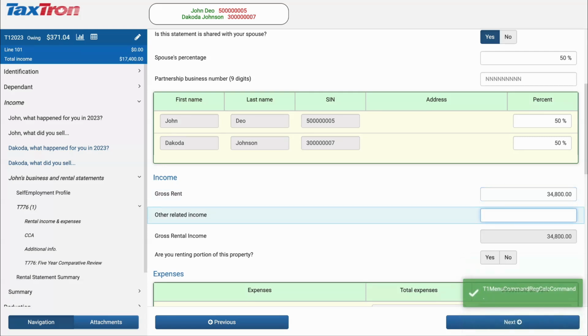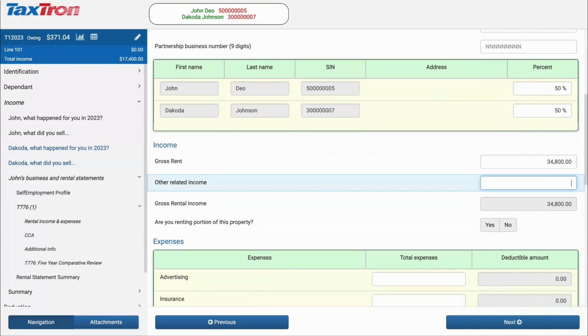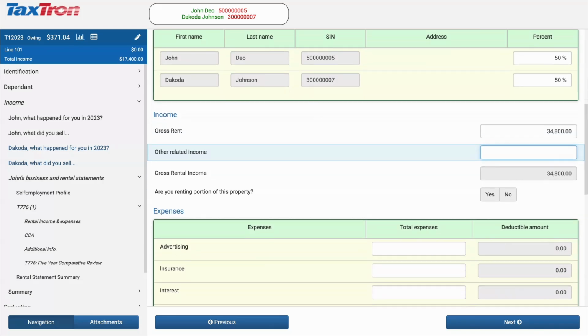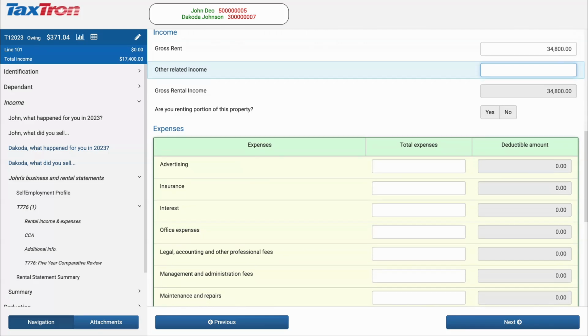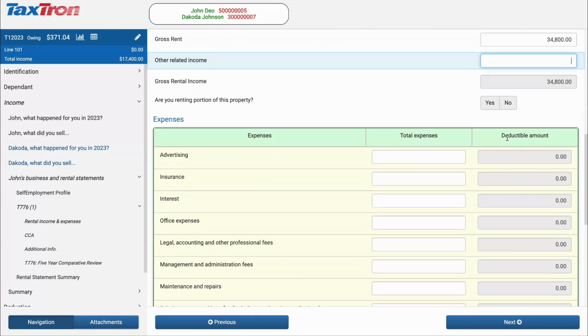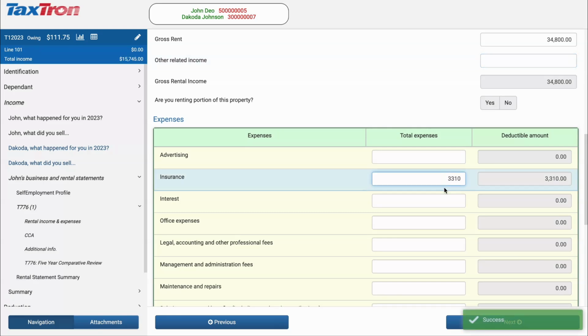Let's assume the gross rent is $34,800. Now it's time to enter the expenses. As we learned before, there are current expenses and capital expenses. For this example, we will report the following current expenses: